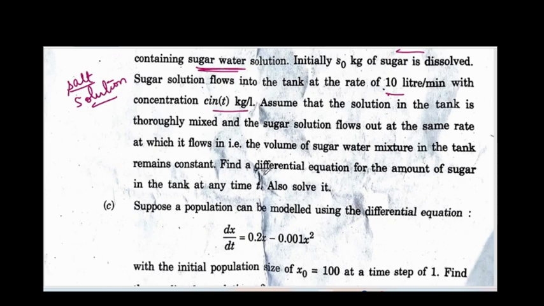So you would start with the compartmental diagram once again, and you'll say that rate of change of mass of sugar in the tank is rate at which the mass enters, minus the rate at which the mass goes out. So you'll be creating a differential equation in terms of mass first. dM/dt = 10 C_in − M(t)/100. It's the standard one which you had for salt solution in the text of Barnes and Fulford.